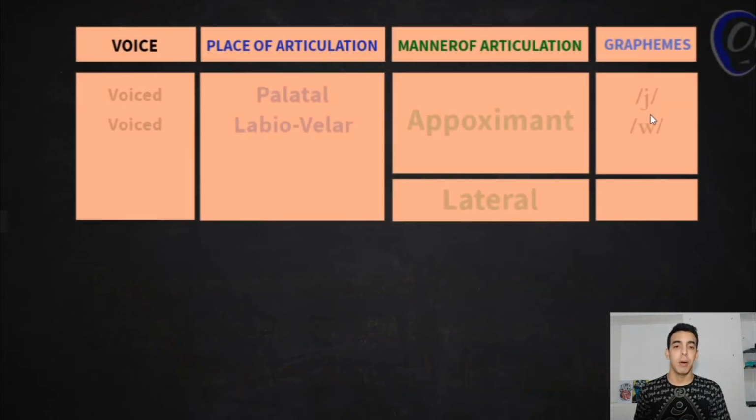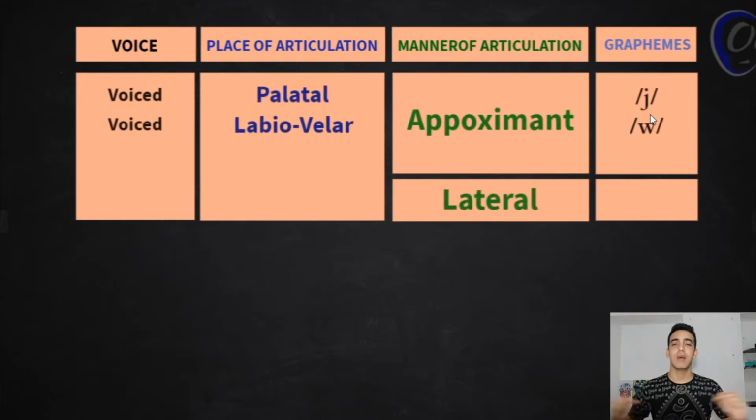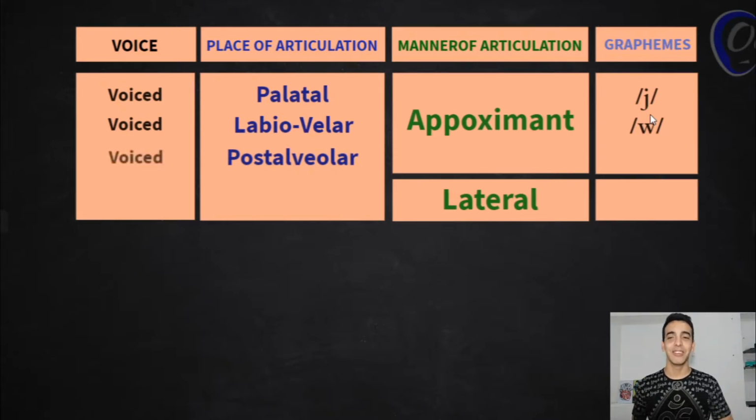Okay, let's keep on. Then we have the last one. We are in the end. No, sorry, it was not the last one. Then we have the postalveolar one. The postalveolar is the ra, ra ra ra. And it's represented like this. The ra sound